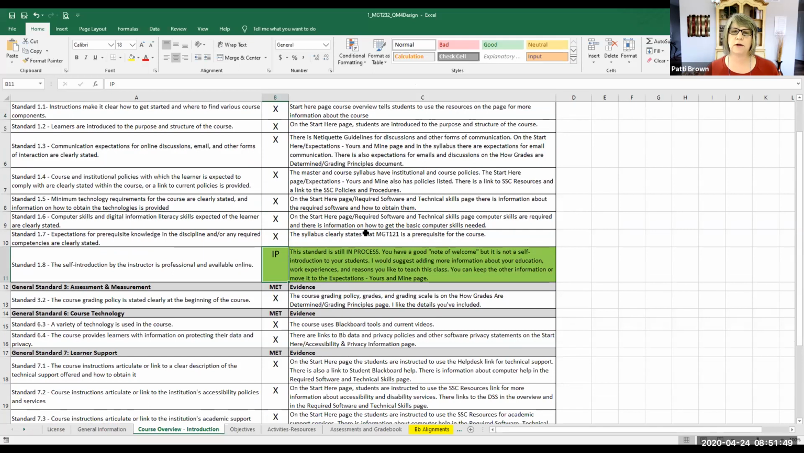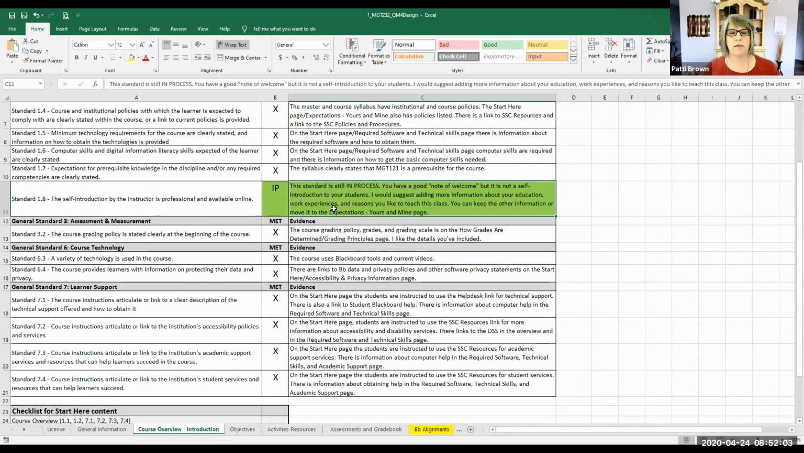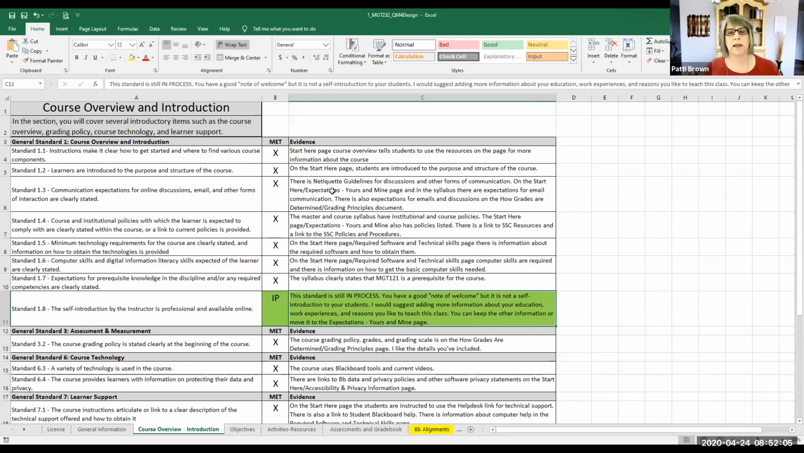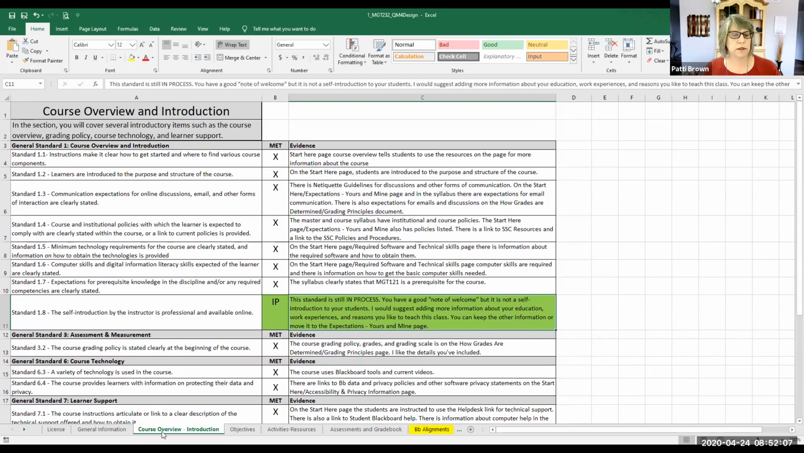I initially started with red and I didn't think that looked very good to have a lot of red on the page. So I decided to go with more of a green just to show that, hey, we're still working on this. I explained to the faculty that we're still in process and that these are the conversations that we can have. On this particular tab, just so you know, we have designed our master course templates specifically to meet